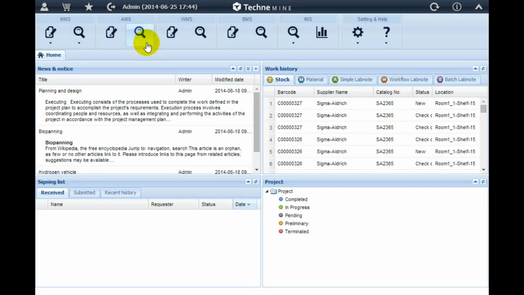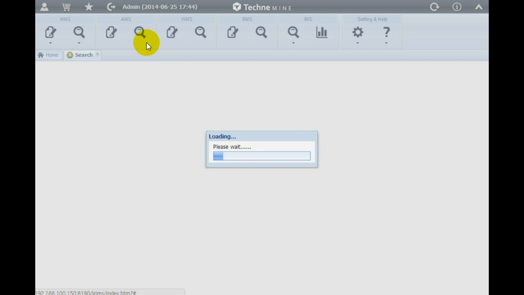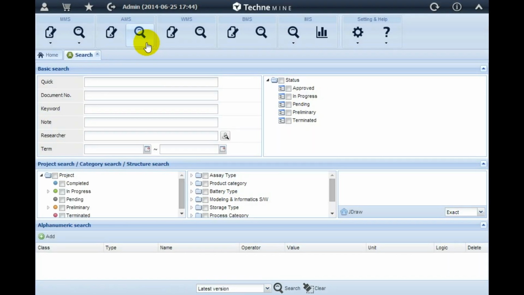In this session, we'll learn how to search and manipulate the simple Labnote using AMS module. As you click the search button, the search window opens. In the basic search panel, you can search the general information. Quick text search for name and description, document number, keywords, note field,